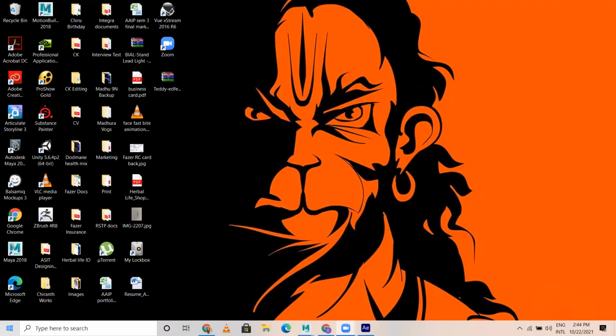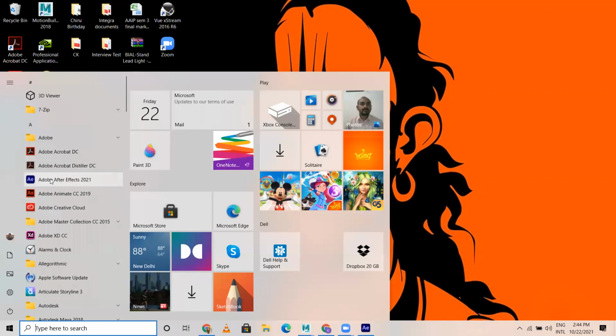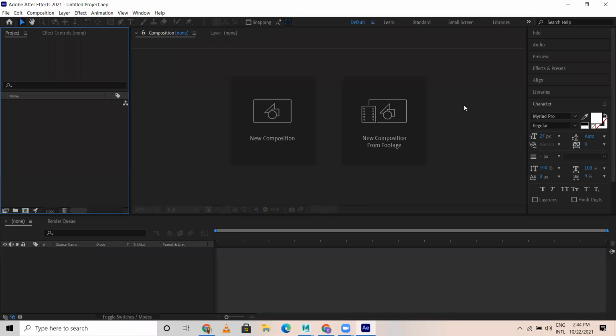See, I'll just come over here. Normally when you open Adobe After Effects, this is how the user interface looks like. It is quite simple. I have only one toolbar over here, and this is a standard workspace. This is your canvas wherein what composition you are doing. Everything is visible here. This is your work area. This is the timeline.